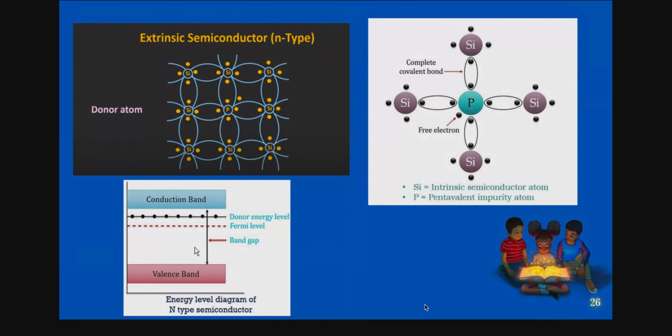That is the difference. So once again, keep it in mind. In an n-type semiconductor, the conduction is due to electrons, that is, free electrons. So when you increase the temperature, what happens? Slowly the bond breaks here. The electrons jump from the valence band to the conduction band, which is very negligible. So we can say in an n-type semiconductor, the current is due to these donor atoms only. Okay, it is clear?